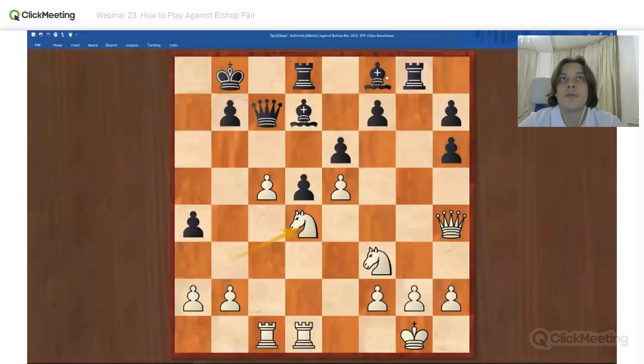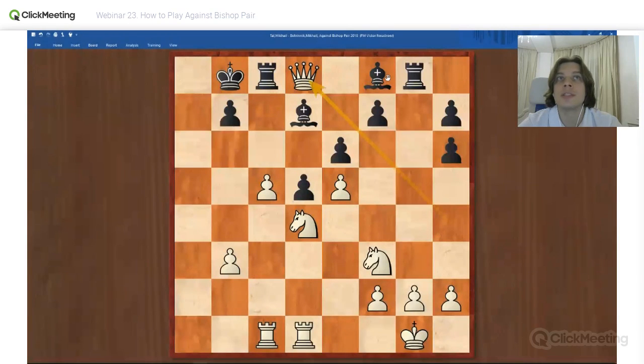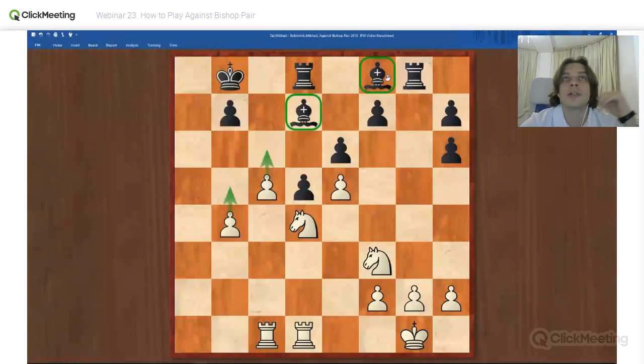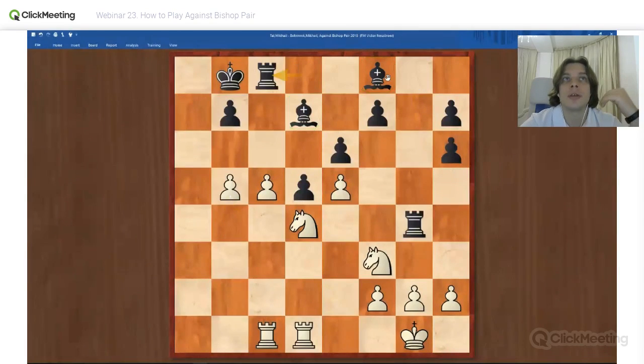So finally, we had to trade the queens. We were attacking, but we had to trade the queens, while our main idea was to stop his bishops, to restrict them. And then we got a counterplay on the queen side, with some mating ideas, of course. This is why we won the game.